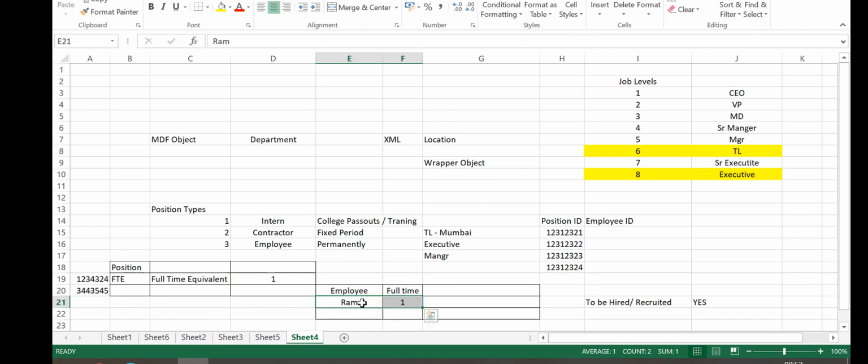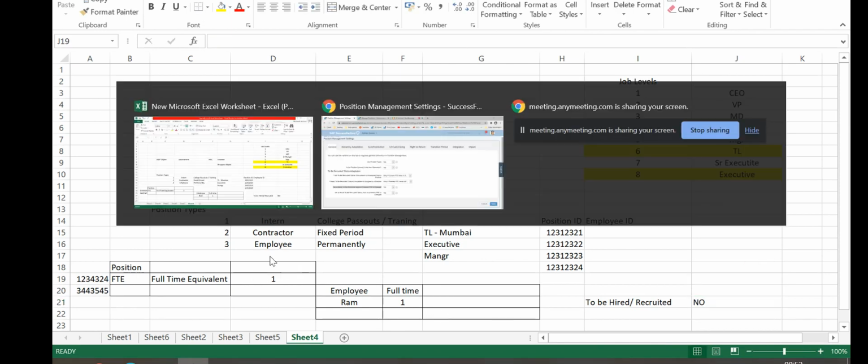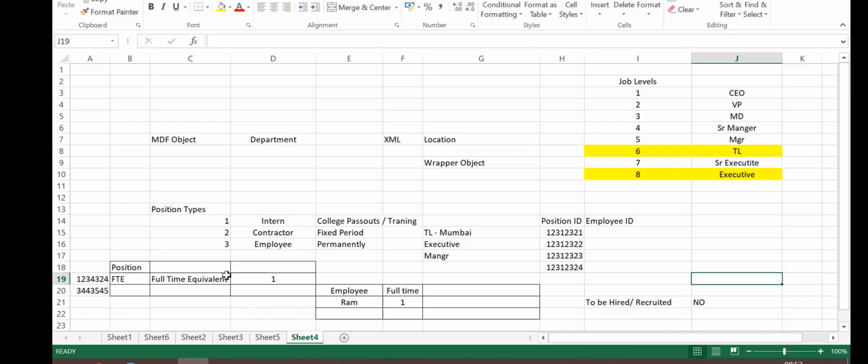So 1 by 1 it is full. So then immediately this will become no. So यहाँ पे क्या कर रहे हैं हम third setting में, we are changing the FTE of the position. If you increase it to higher numbers, and if the assigned FTE is less than this, then this will